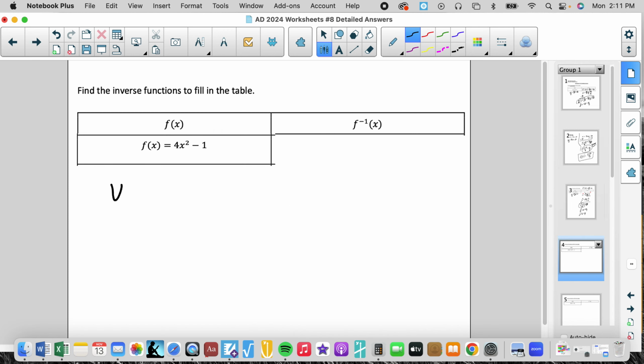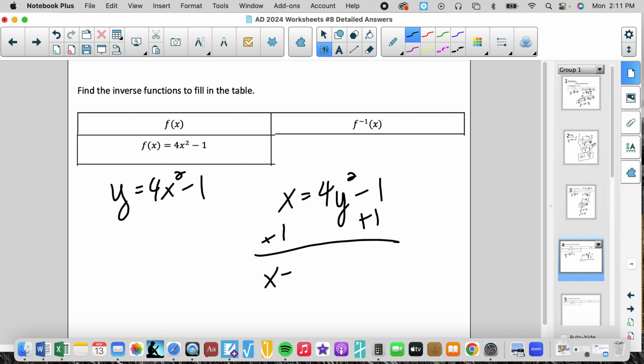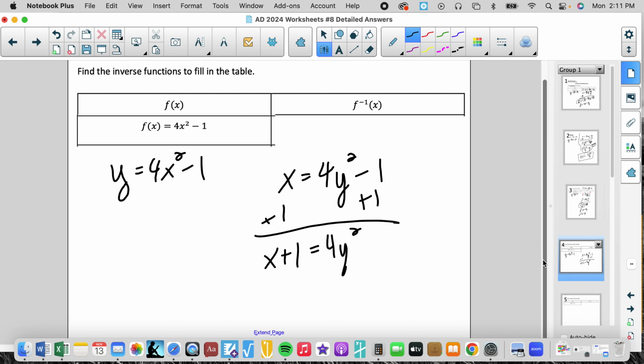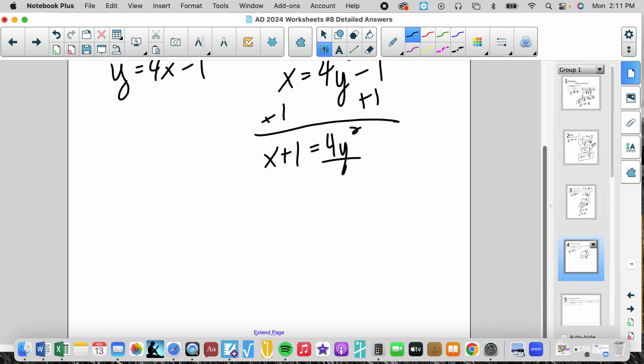All right, y equals 4x squared minus 1. So let's flip it and write x equals 4y squared minus 1. Let's add 1. You have x plus 1 equals 4y squared. Let's divide by 4. You have x plus 1 over 4